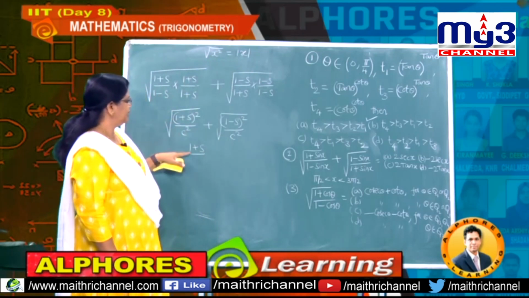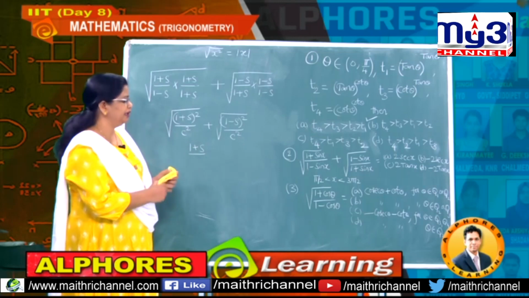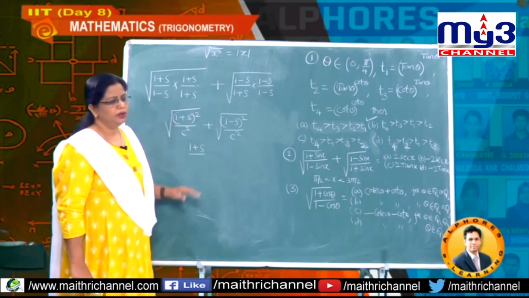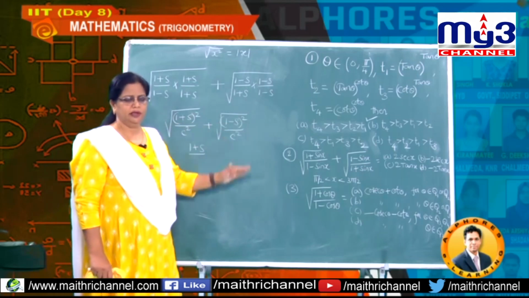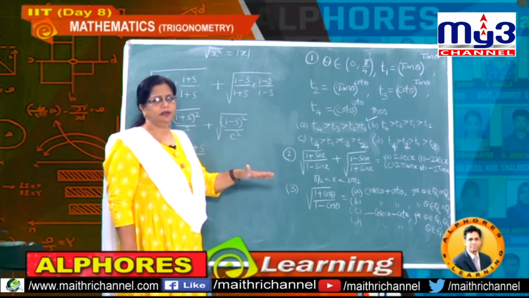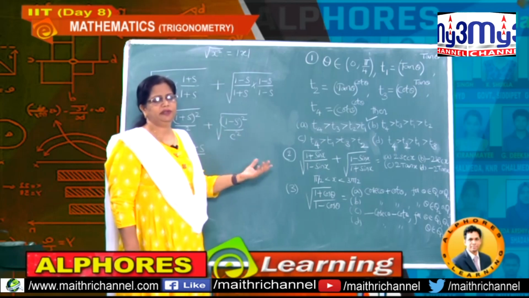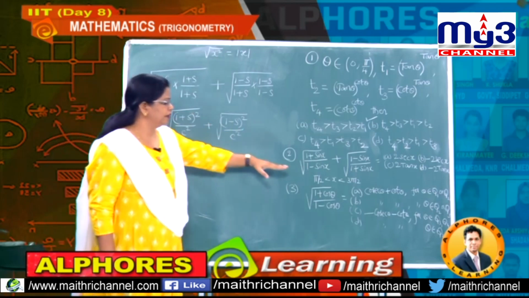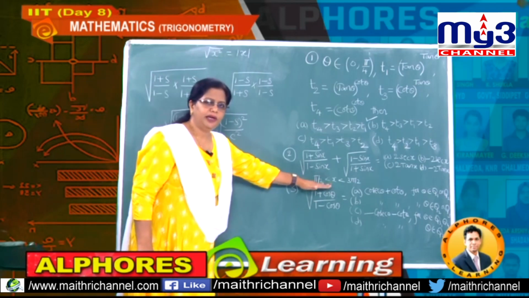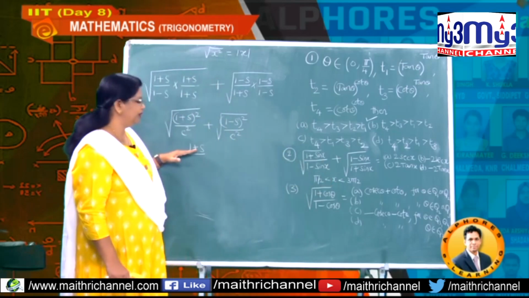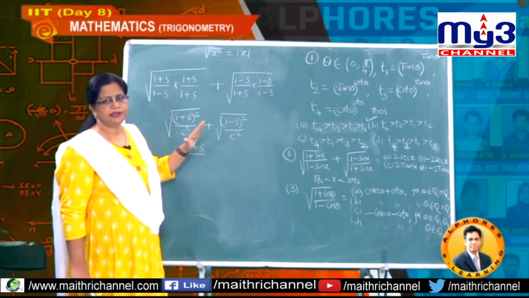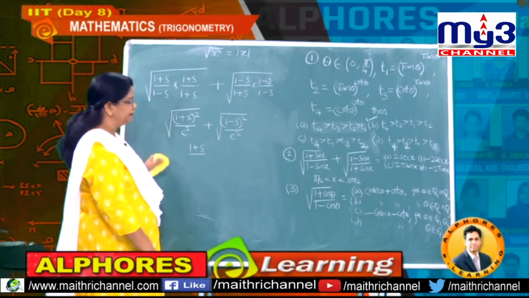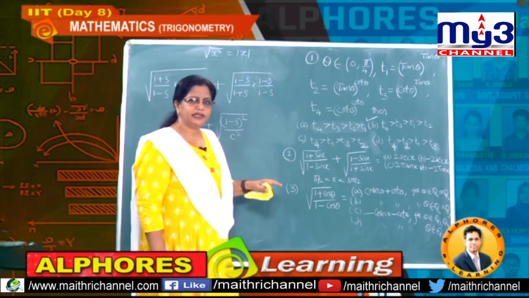Now 1 plus sine I wrote freely without using any quadrant, or I did not check, directly I wrote 1 plus sine. What is the reason? Just now we observed 1 plus sine and 1 minus sine are always positive within the domain of all real numbers. That is the reason, without checking this kind of value, I wrote the numerator directly free from plus or minus symbol, that is plus 1 plus sine. Now what about the denominator? How is cos x actually?